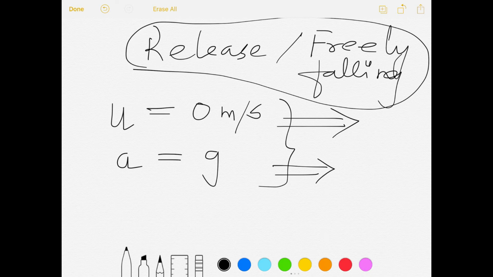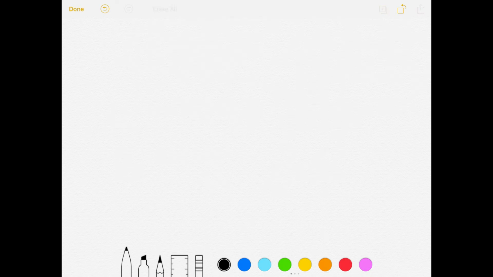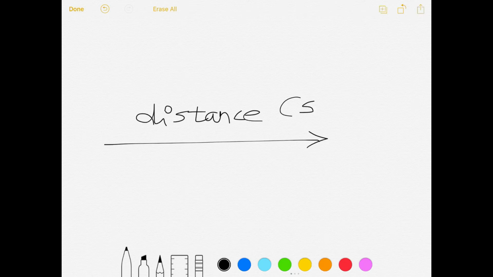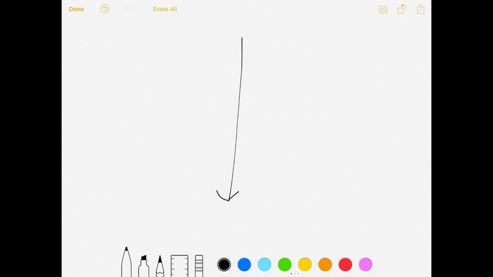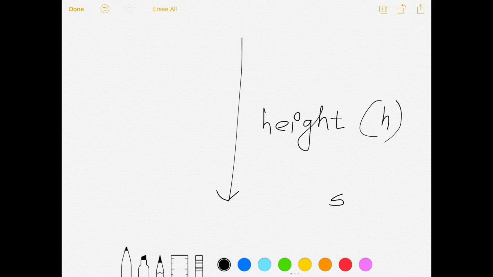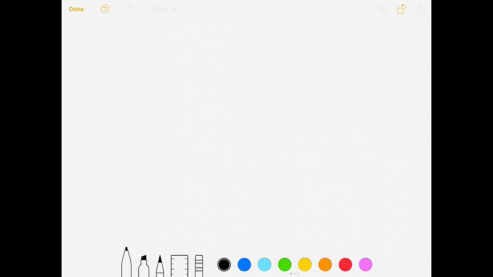Okay, one more thing I forgot to tell you. Generally I say this: if the object is moving in horizontal, that is known as the distance covered, that is represented by s, and if the object is traveling vertically, then that is known as height, which is represented by h. Okay, so in case of a freely falling object, the distance s will be represented by the height, it will be replaced by the height. Okay, so keeping these three things in our mind, let's start to modify the equation.